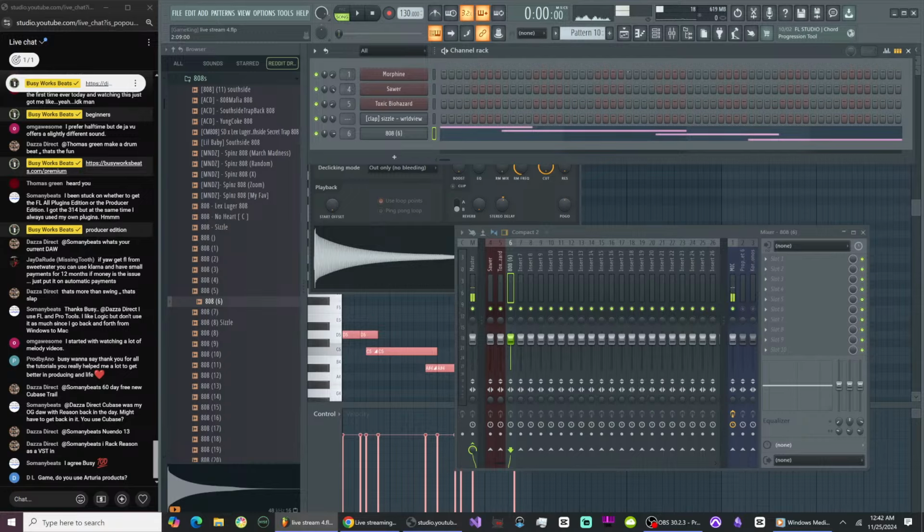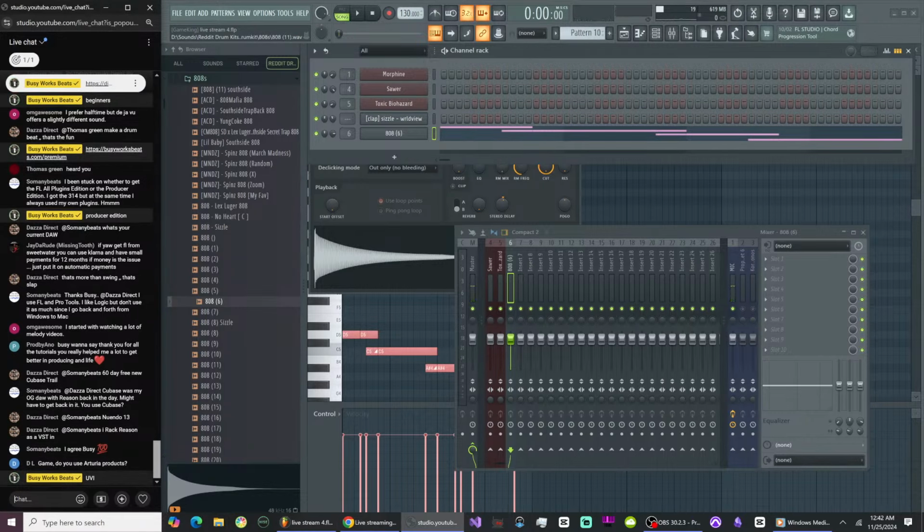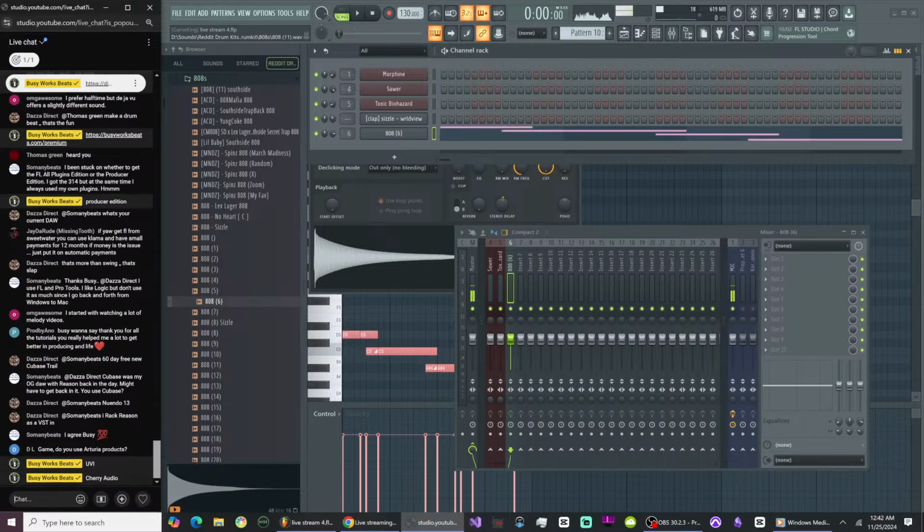Analog sounds way different. The company that I think is the best emulation of analog is UVI. They definitely have a supreme sound. It's very good. Some people swear by Cherry Audio, but for me, Cherry Audio sounds fake. But some people swear by it. So that's my theory on it.